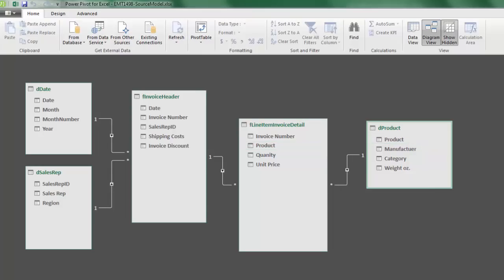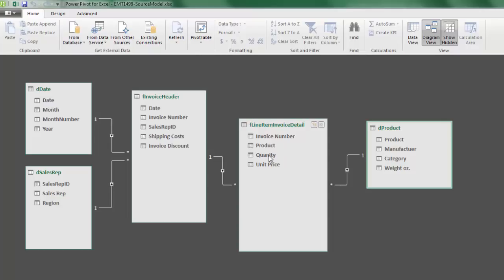Now, before we jump over to Power BI Desktop and import this, let's just think about what we have to do. We want to bring two numbers, shipping cost and invoice discount, from the invoice level over to the line level. So we'll have to allocate those. We'll first calculate a percentage invoice discount rate, and then use that to allocate the discount down to each line. Then we'll figure out how to allocate shipping cost based on weight, and then use that to allocate shipping down